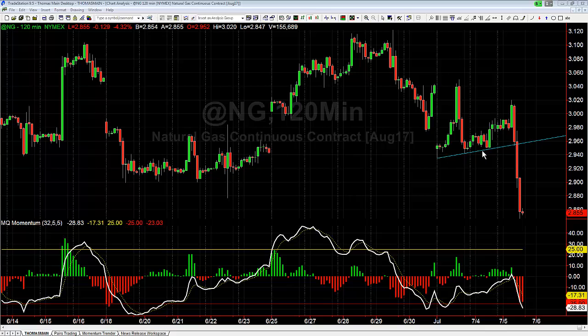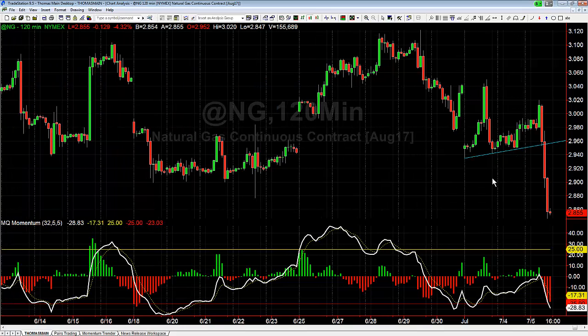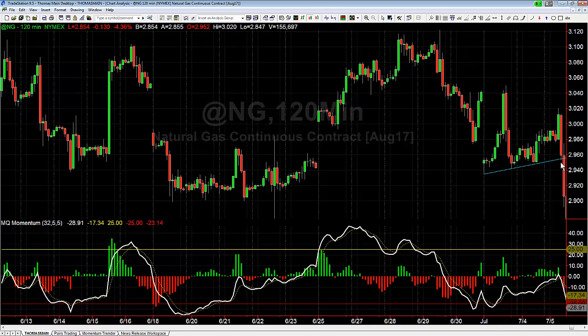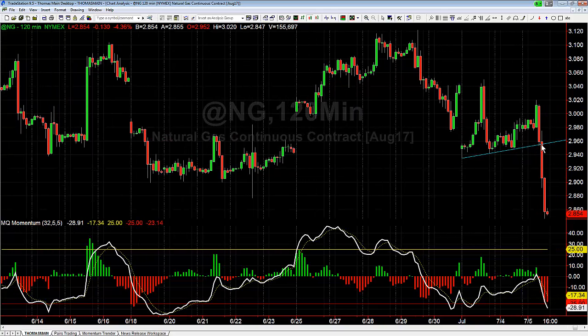Okay, so there's a setup, which is when we have the pivots and we draw a trend line, the market's sitting here like this. We go, okay, we have a potential setup. If it breaks this trend line, that will trigger the trade. And then we come down and we triggered by breaking the trend line, and then we accelerated lower quite a bit. Now, obviously, you don't always get this big of a move, but there are a couple things you can